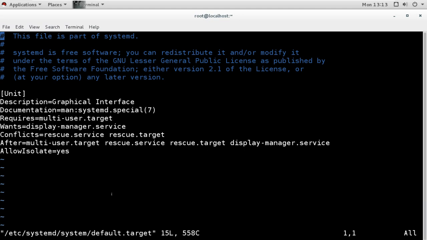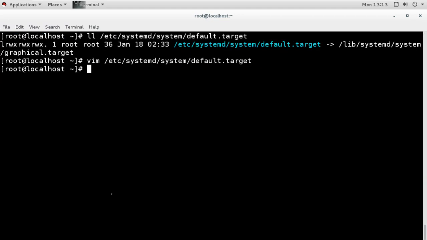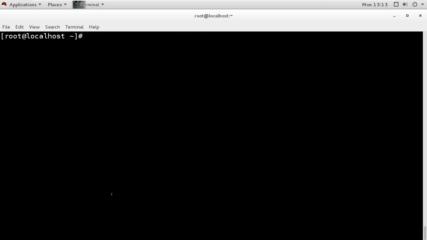So if I want to change this, my system is right now running on default graphical, and if I want to change it to command line, like multi-user, then I can do that by using the systemctl command. For managing systemd, we have the command systemctl. Let's say I want to see first what the dependencies are, because all the targets are dependent on others.